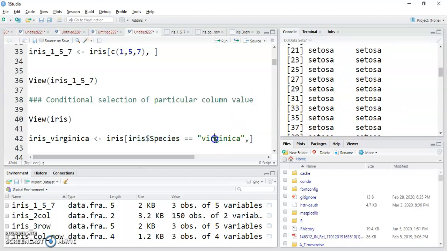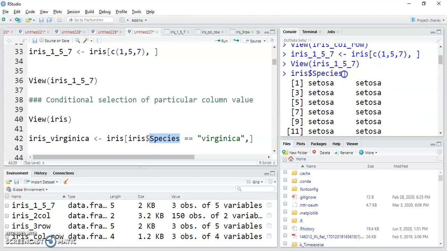I just want the information of virginica. So I write one R object iris_virginica, then the data frame name iris, our original data frame name. Then iris dollar sign Species, that column name, and on that column we want only virginica information, the information of this species only.